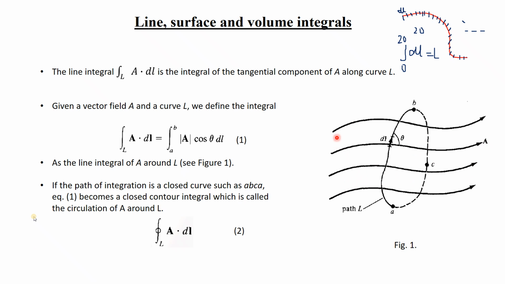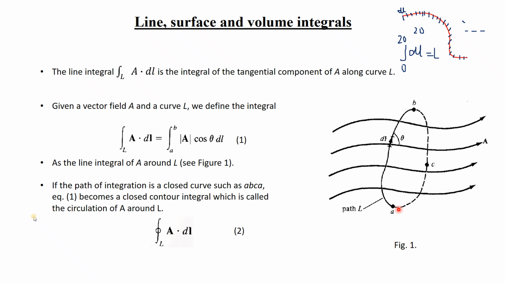In this case, suppose we take a vector A. It is traveling from left to right. Suppose this is some electromagnetic wave or, say, flux. Now if I take a path, suppose I want to travel from A to B along this particular path within the vector. What is the total path you have traveled? That is calculated by the line integral.